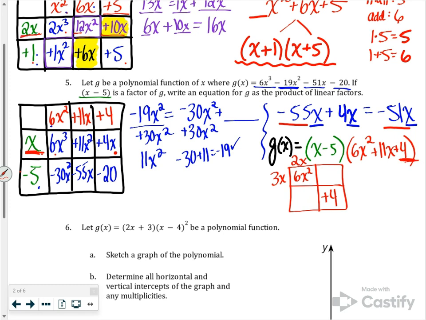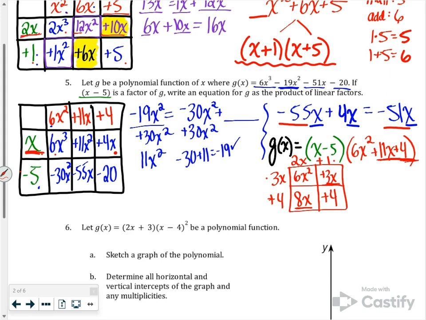So you could try 2 and 2, but this ends up being a plus 1 and a plus 4. It means 2x times 4 is 8x, 3x times 1 is plus 3x, and this 8x and 3x does make 11x. So sometimes you guys are going to have to do a little trial and error to get there,